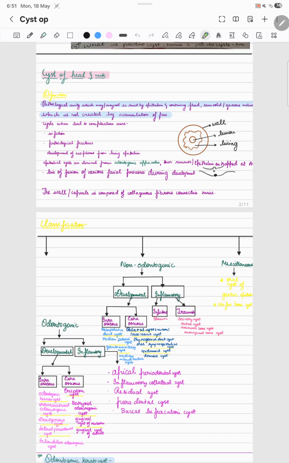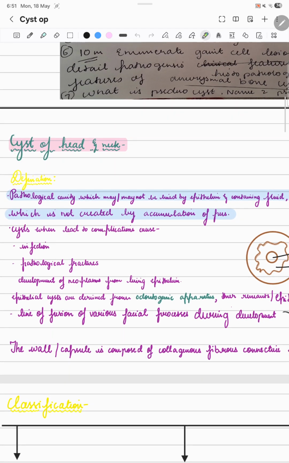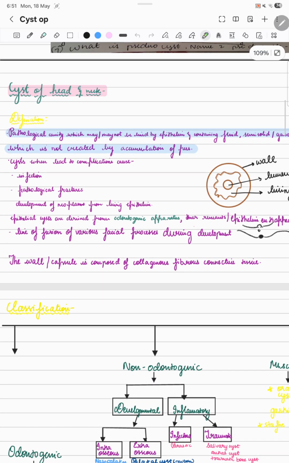So what is a cyst? Cyst of the head and neck is our topic. So we are going to start with the definition of cyst. So what is a cyst? Cyst is a pathologic cavity which may or may not be lined by epithelium. Okay, so cyst of the head and neck is a pathological cavity which may or may not be lined by